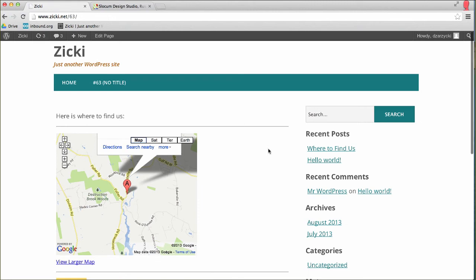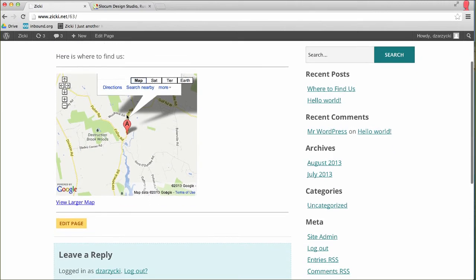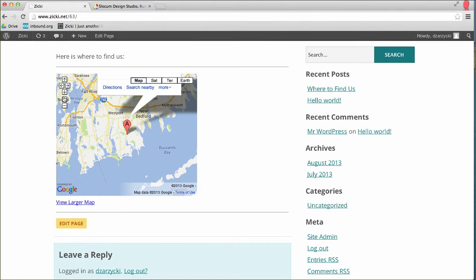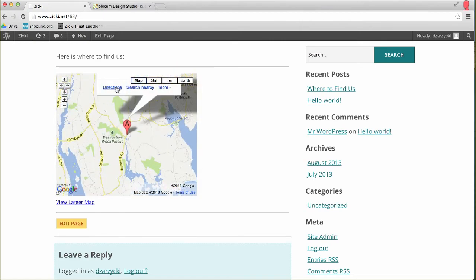You can zoom in right there. I can zoom out a little bit. And right from our website now, you can get directions. It takes you right to our Google Maps page. You can view the larger map, and there are my two horizontal rule lines. So it works right there. And the most important thing about this,